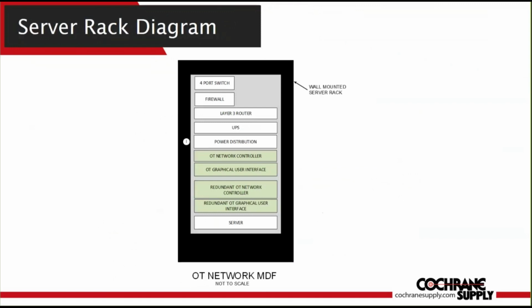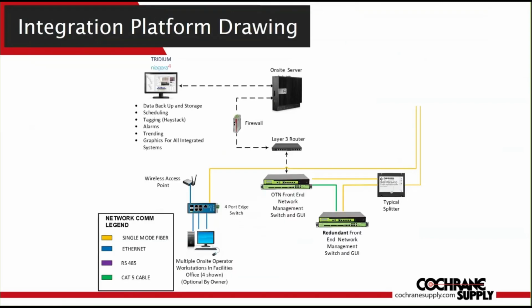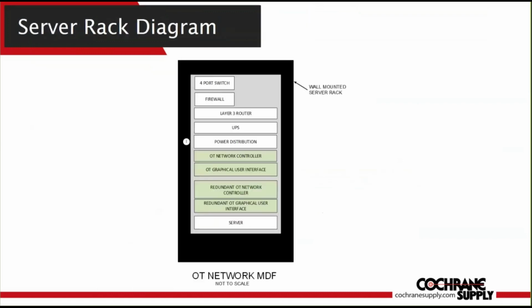So when you go back and look at this, right, you've got a 4-port switch, you've got a wireless access point, you've got a layer 3 router, you've got a couple front-end network managers, you've got a firewall, and an on-site server. And remember, the other components that are included would be your power distribution unit and your UPS. So let's go back here. Let's take an inventory. So from the top, there's your 4-port switch, right? There's your firewall, your layer 3 router, your UPS,